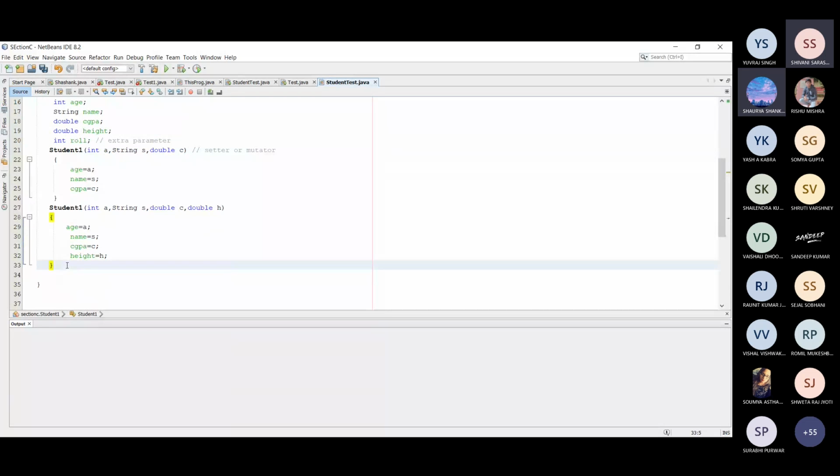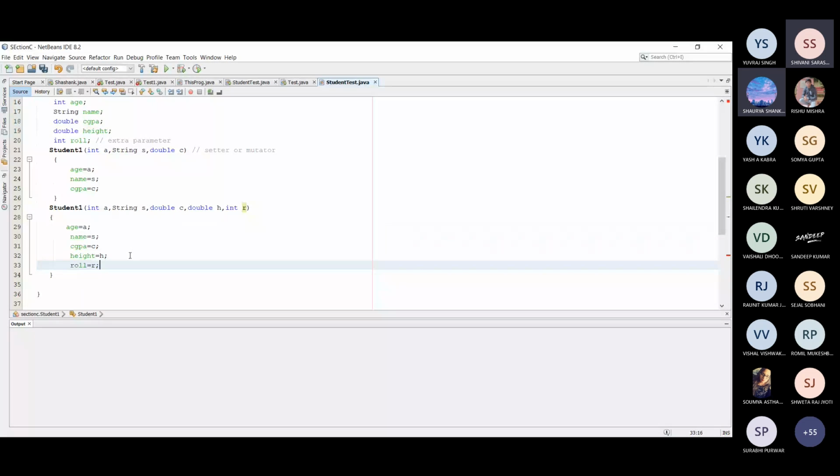Either the programmer modifies this particular constructor, इस constructor को initialize extra parameter लगा दे, just like integer roll number r and modified like this, roll number is equal to r.